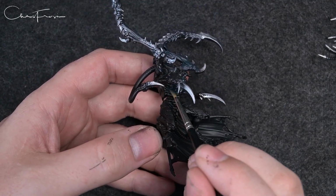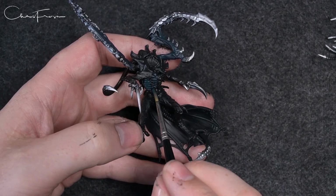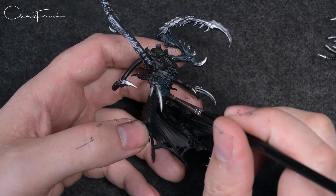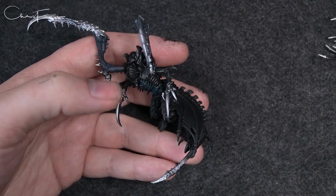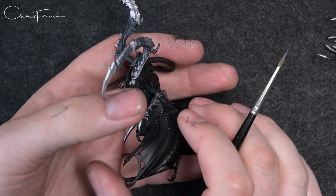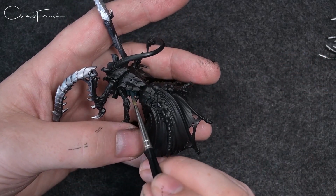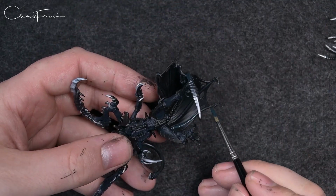Or is it Stegodon Scale Green? Maybe that's a little bit too bright, but yeah, something like Incubi Darkness. If you've got Vallejo paints, this is also very close to Dark Sea Blue. I don't know why I didn't use Dark Sea Blue. I think I had some turquoise on the palette and I just mixed in a little bit of black with it. But yeah, it's Dark Sea Blue, or turquoise with a little bit of black in it,